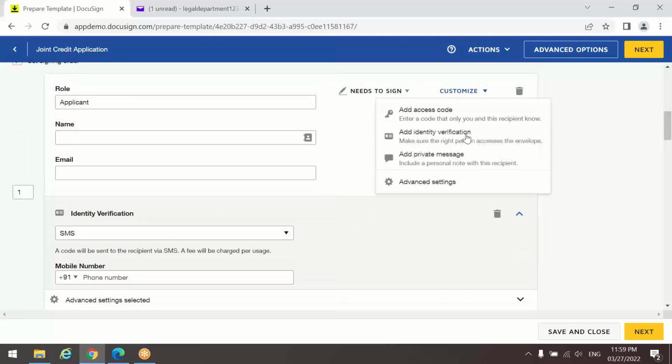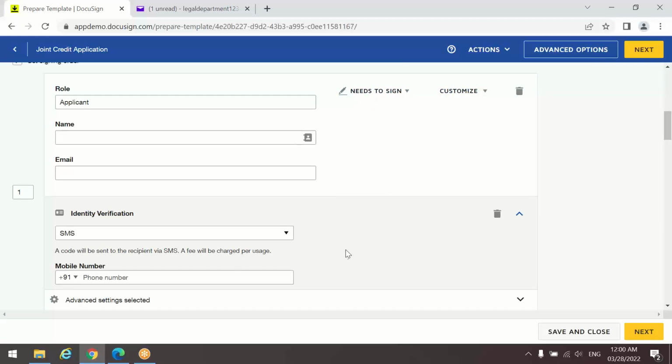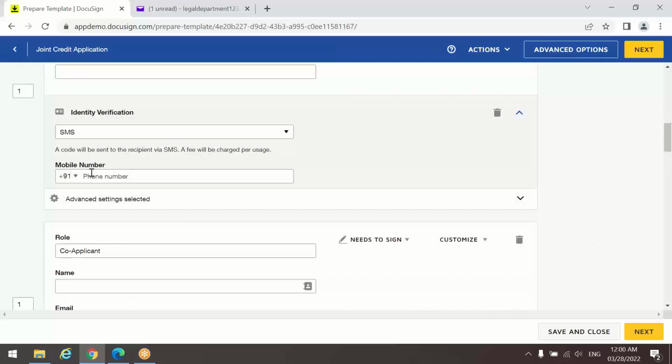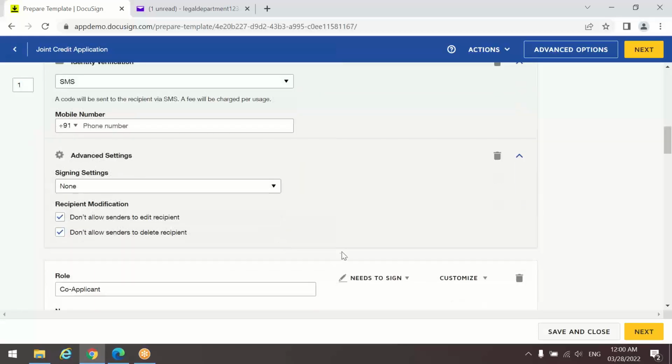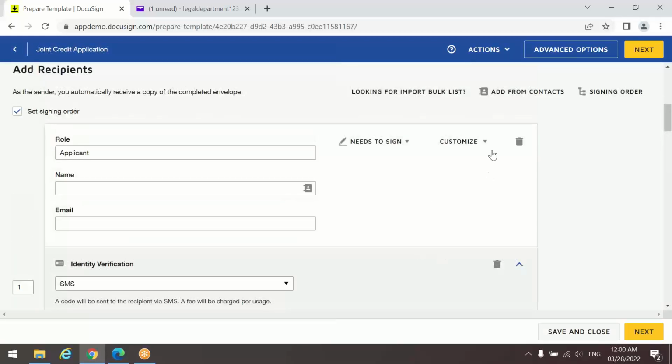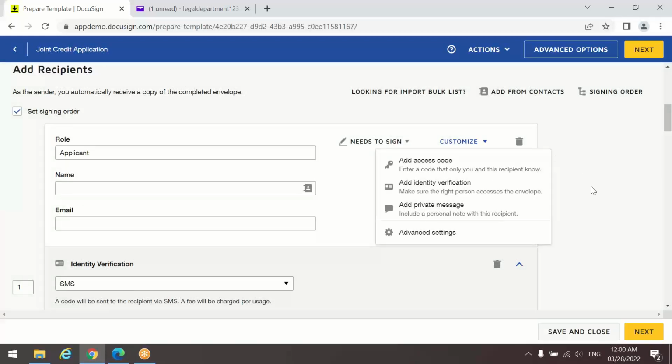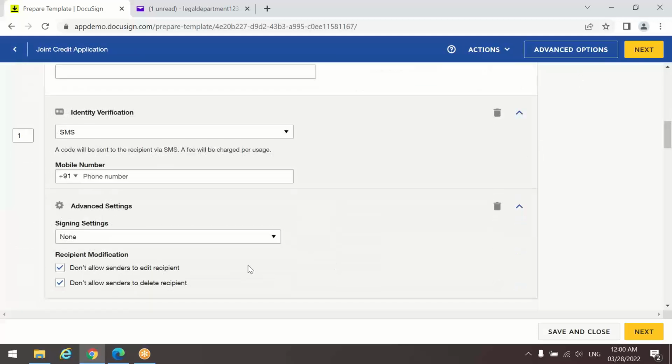Under customized, you have various options. For the first one, I have selected SMS, and you can select the mobile number where the applicant will receive a code that has to be given to access the document. And I have added some advanced settings also. The advanced settings have been added here,